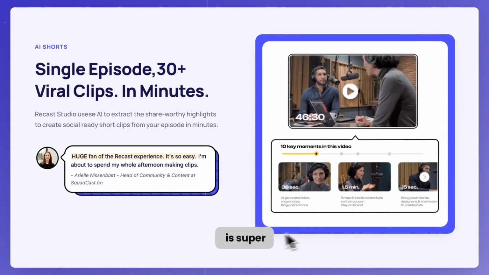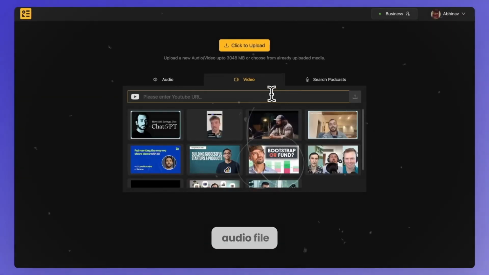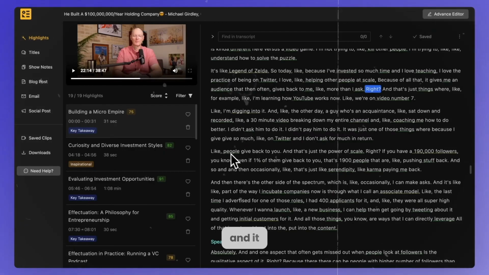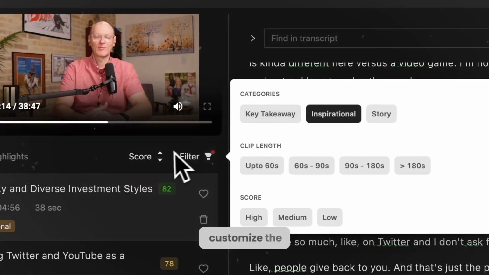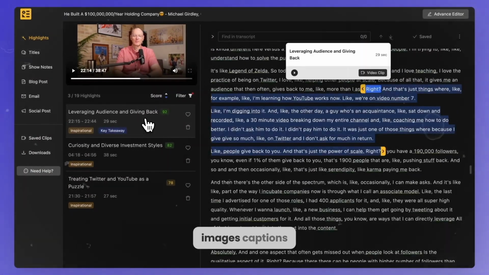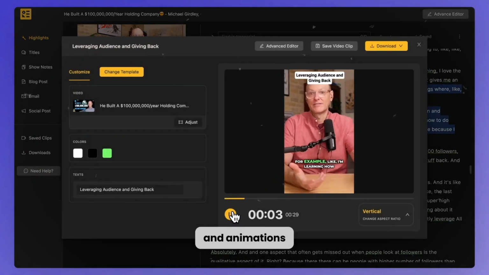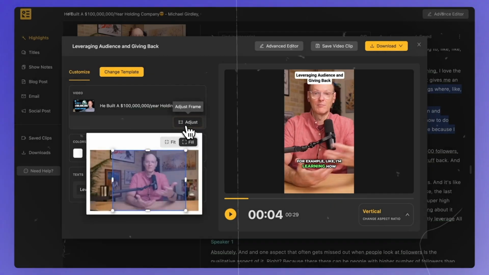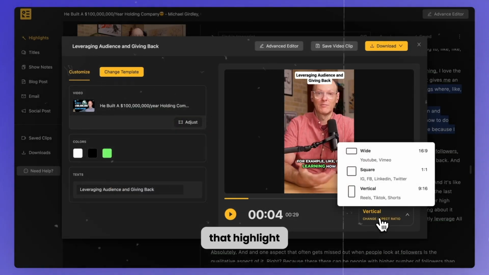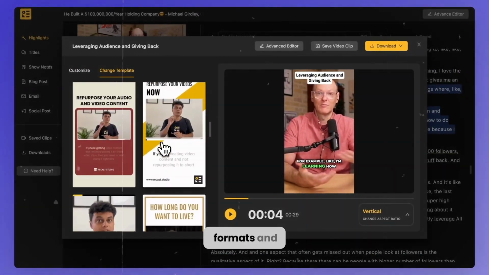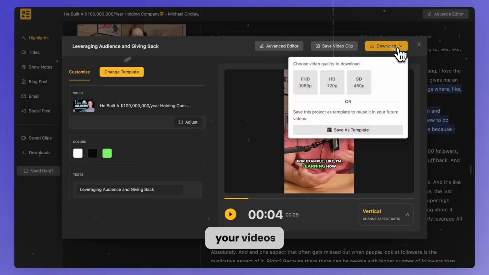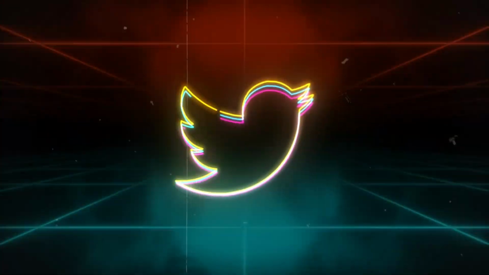Recast Studio is super easy to use. You just upload your audio file or paste a YouTube link, and it automatically generates a transcript and a video with text overlay. You can customize the video with your own branding, images, captions, and animations. You can also edit the transcript and trim the audio to create short clips that highlight the best parts of your podcast. Recast Studio supports multiple formats and platforms, so you can export your videos to Instagram, Facebook, Twitter, LinkedIn,